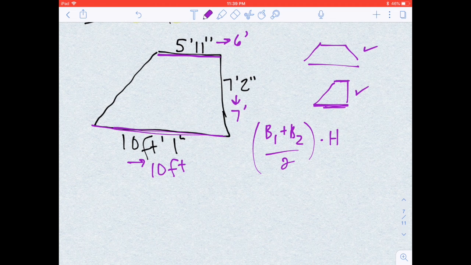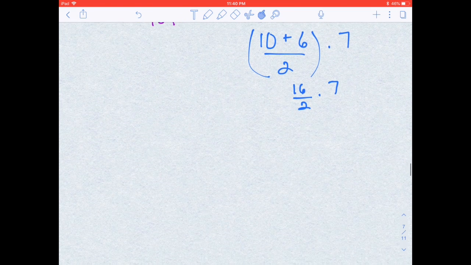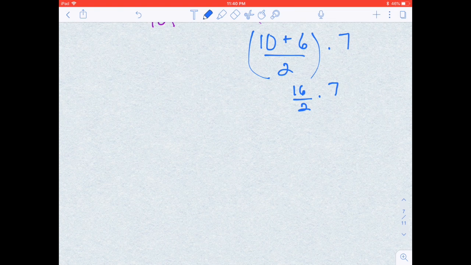Okay, so now I'm going to use my formula here. And I'm going to do a different color. Ooh, let's do blue. Okay. Base 1 is going to be 10. There's my base 1. Plus base 2, 6. Divide them both by 2 to average it. And then times my height, which is 7. Okay, 10 plus 6 is 16. Divided by 2. Multiply the whole thing by 7. Alright, so that's going to give me 16 times 7, which is